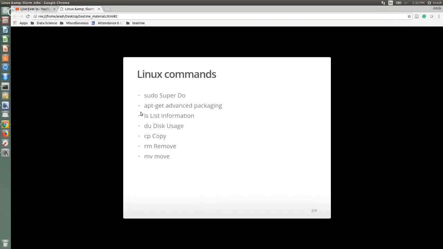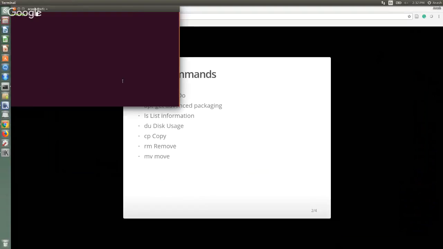So first of all, we need to have some Linux commands. The sudo command as superuser commands, apt-get, ls, du, copy, remove, and move commands, which I will explain shortly. Because in HPC we don't have sudo permissions, I would like to do the sudo commands on my local computer, where I will do sudo. Then you can do apt-get